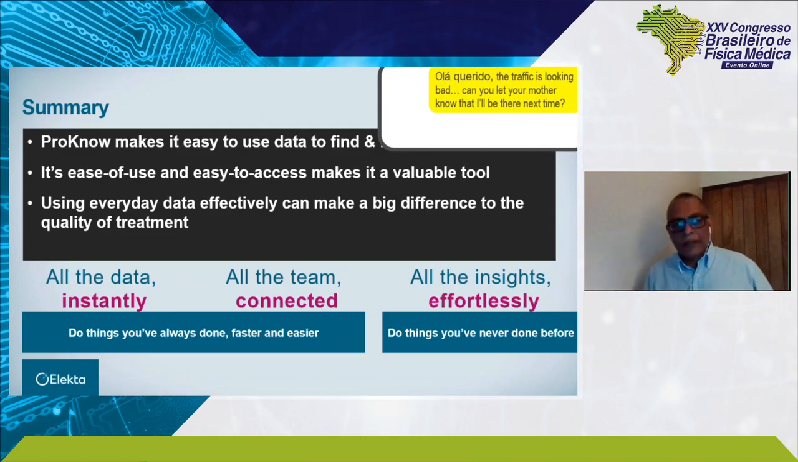you're already at your mother's, you have solved the problem, you've identified the problem, you could solve it, and you thought for a while that perhaps you wouldn't get it done on time, but you did. And now you are at your parents' place, and you're just now waiting for your wife, and you're so fast, and she says, hola, querido, the traffic is looking bad. Can you let your mother know that I'll be there next time, right? So that's unfortunate. But at least Prono has saved your working day, and you can be at home with your parents enjoying the feijoada. Anyway, with that,